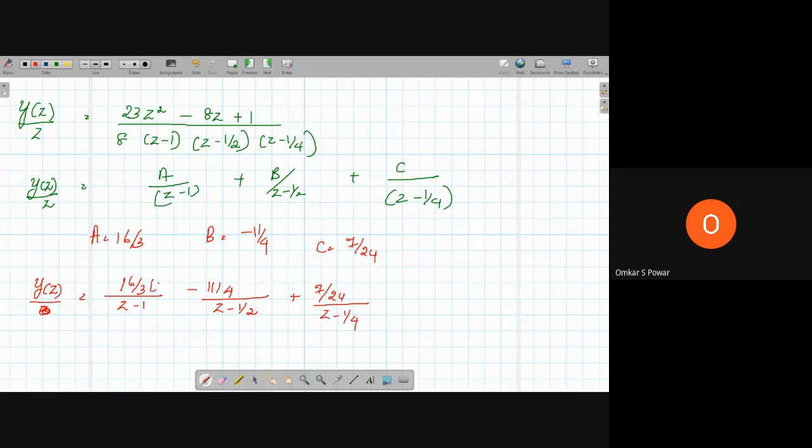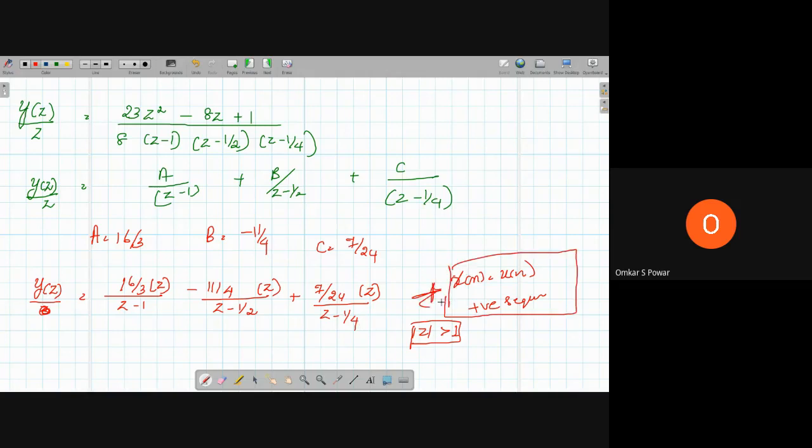So this z you can carry on to the right hand side. So now if you can observe again, partial fraction method. So to get the time domain from your z domain using partial fraction method. So given, since x of n is equal to u of n, so since your sequence is positive sequence, your mod z should be greater than 1. Why? Because you have poles at z is equal to 1, half and 1 by 4. So since x of n is equal to u of n, so it is a positive time sequence, mod z should be greater than 1.